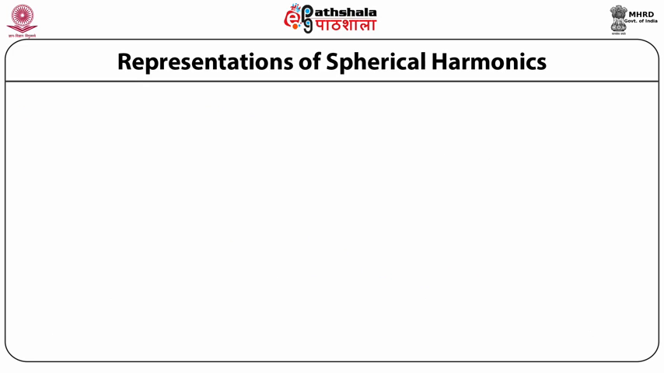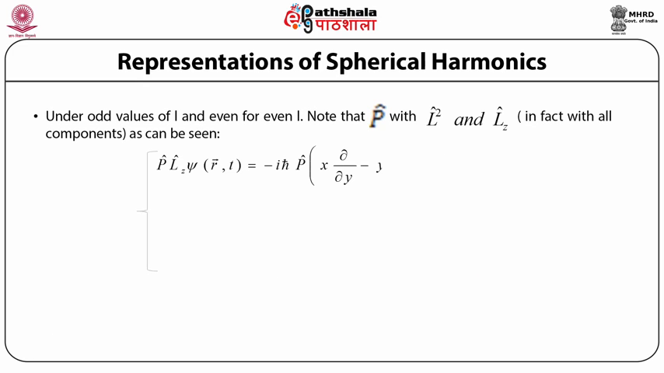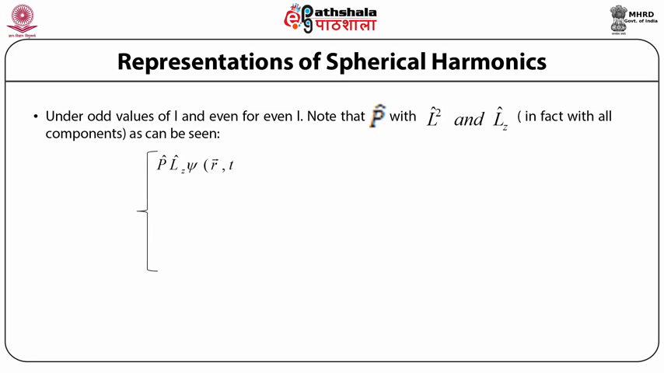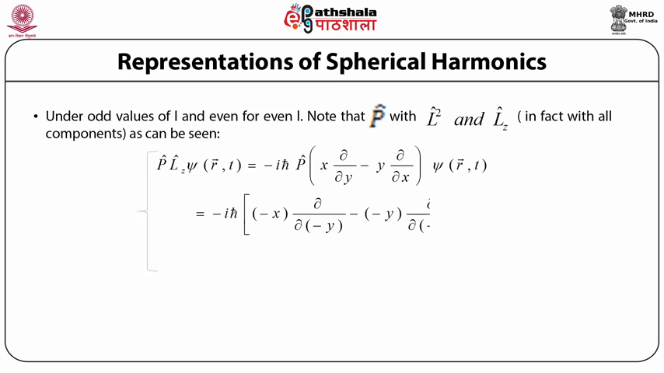Representations of spherical harmonics. Now, the spherical harmonic Y_LM(theta, phi) has a parity of (-1)^L. So this spherical harmonic is odd for odd values of L and even for even values of L, which means if L is odd, then (-1)^L gives a negative or odd value, and if L is even, then (-1)^L gives a positive or even value,